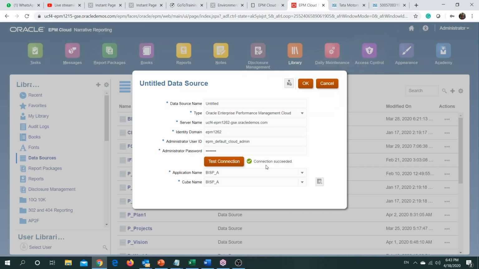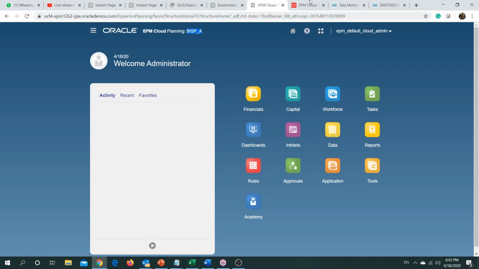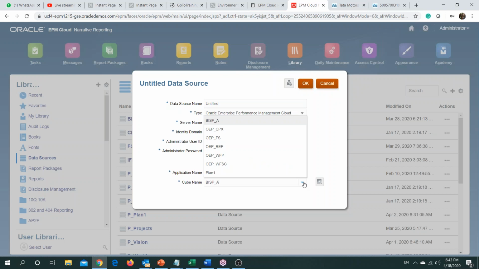So we have a successful connection made. Our application name is BISP. This is our source application name, and we have a cube. We would be building up a financial report, so let's connect the financial cube.